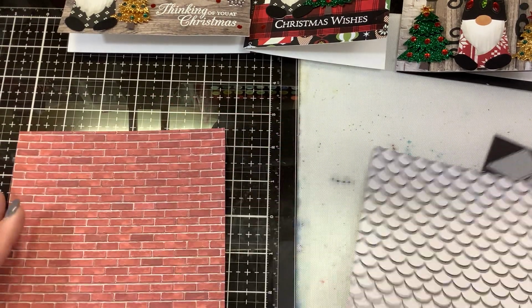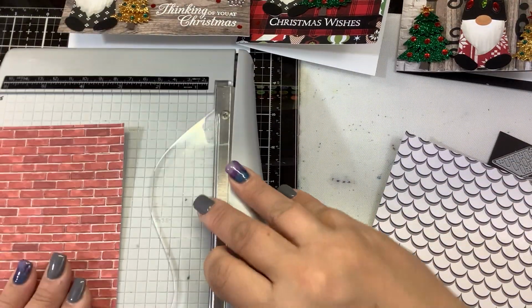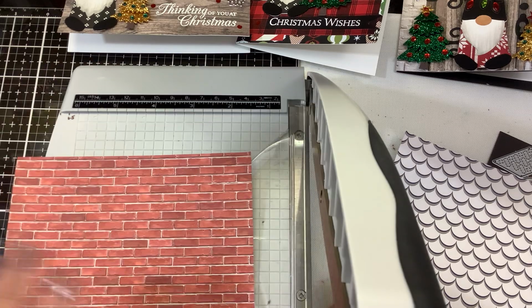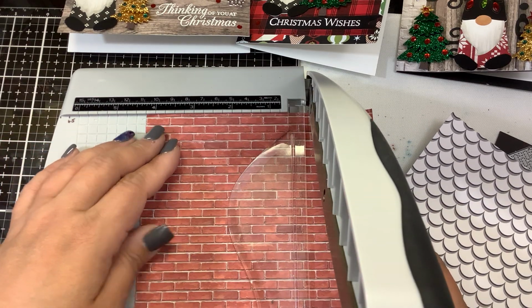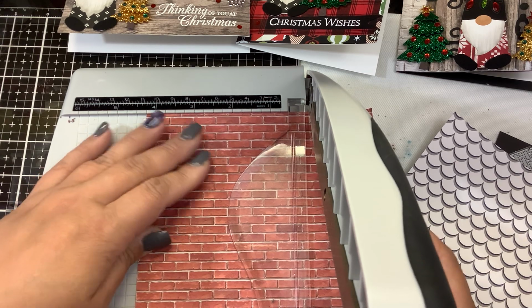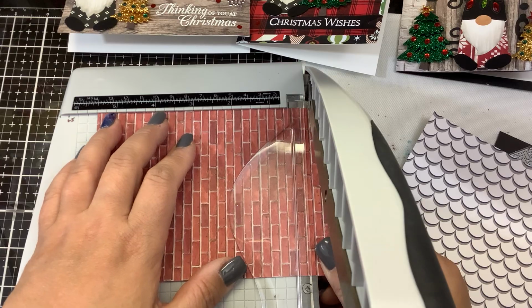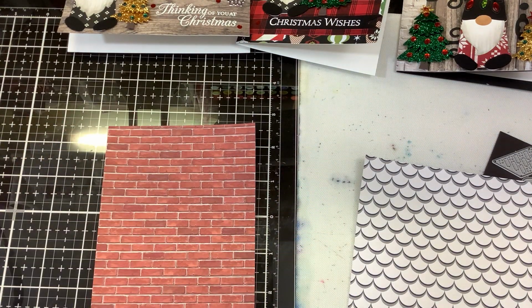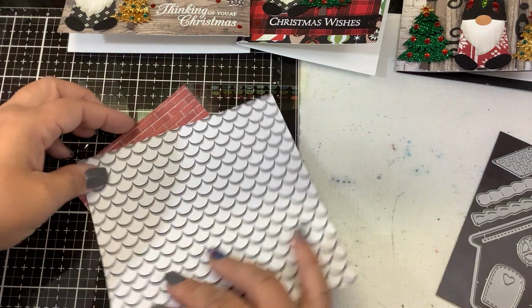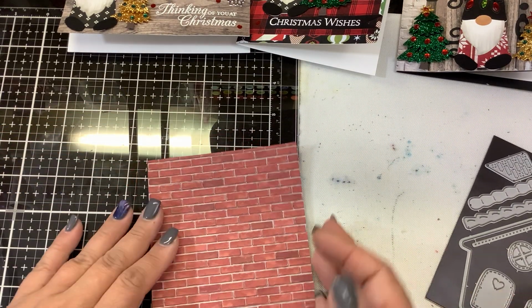All right, so for the brick, I am going to cut this down to full A2 card size. So we're going to cut this down to 5.5 by 4 1/4. So we want this to be the tall 4 1/4 and length 5.5. So length and width, I mean. Okay. And then for the roof, I'm basically just going to eyeball a couple tiles, but we'll do that last because I want to make sure that my house...